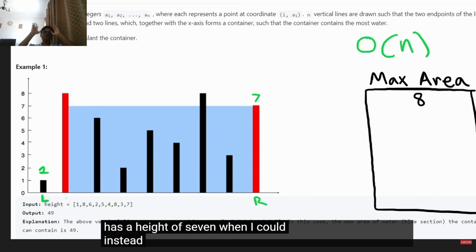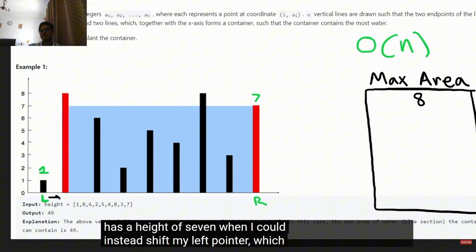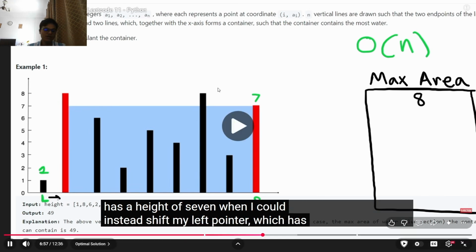Instead, shift this and have a greater height pointer to pointer. This is very much similar to how Two Sum worked. The only caveat was that it was sorted, and we were using the fact that if you have a target value, if we have a left and right pointer, and if we add them, and if it's greater than the target value, then we have to decrement the right pointer, and if the sum is lesser than the target value, then we increment our left pointer. So